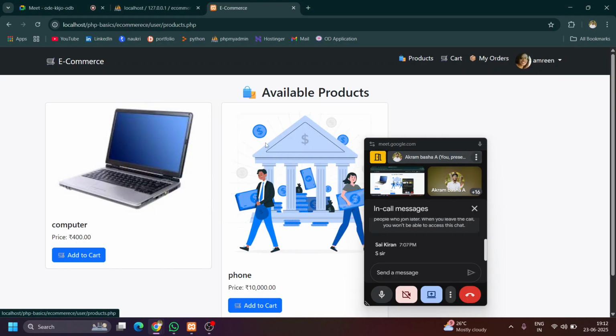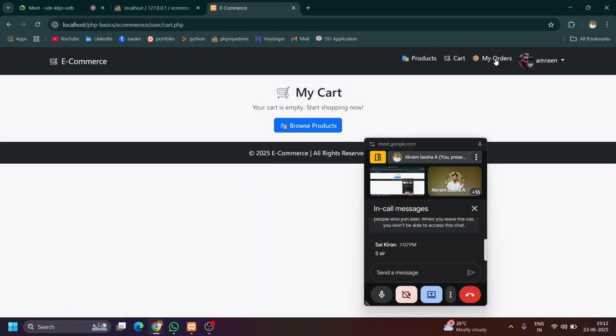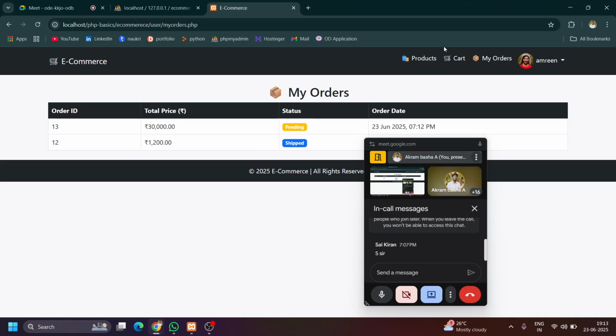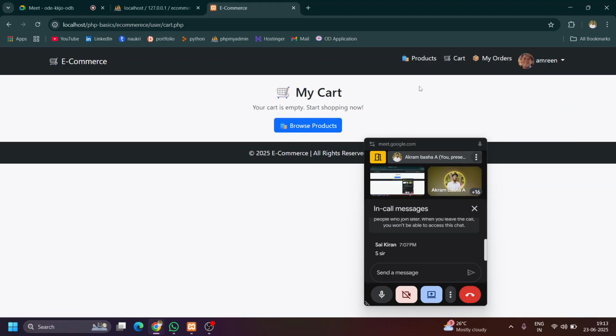You can see again, you can purchase the products in the cart. In my orders, you can see two products. In the cart, there is nothing because the carted item has been checked out. This is the basic